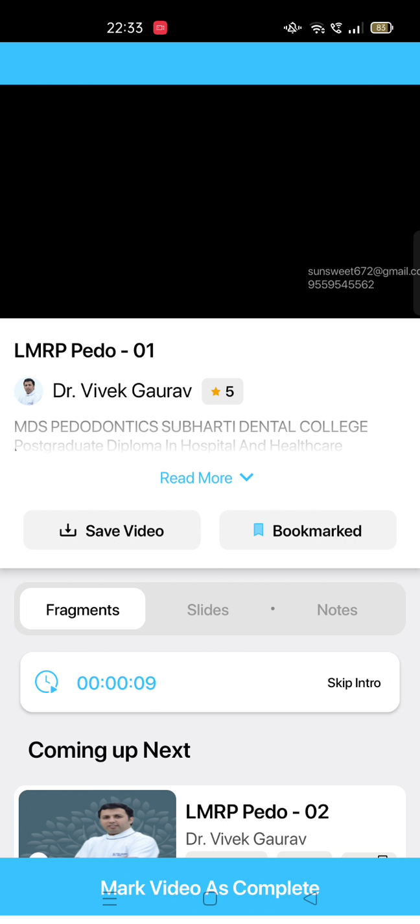Before we start with the discussion of the space maintainer, the important thing that we need to remember for the exam is regarding the armamentarium also. Now we know that for a fixed space maintainer we will be using a band material. So I have given you the classification of the band material also, in which I mentioned three columns.